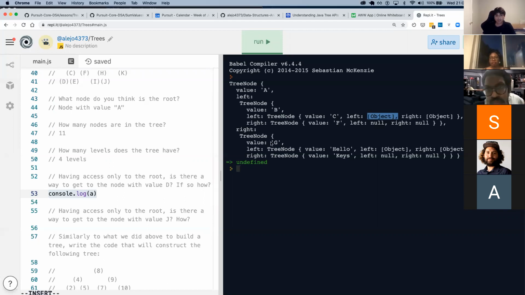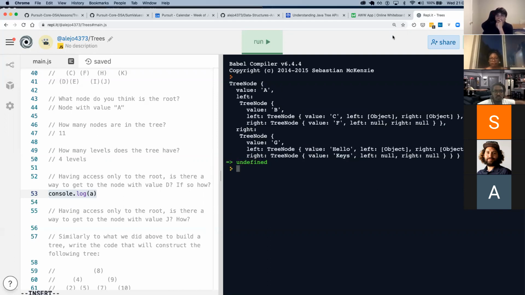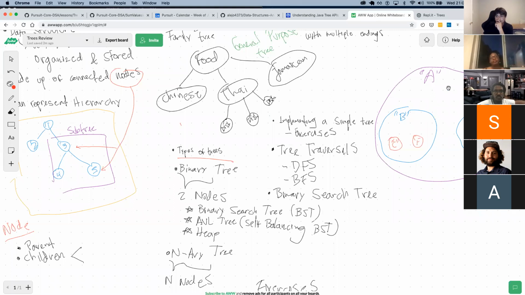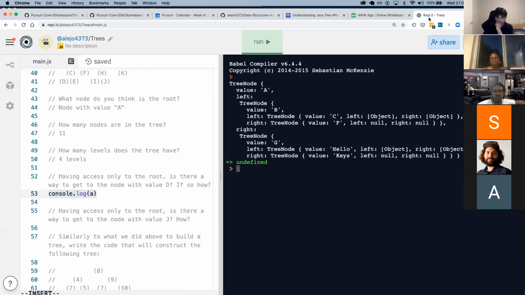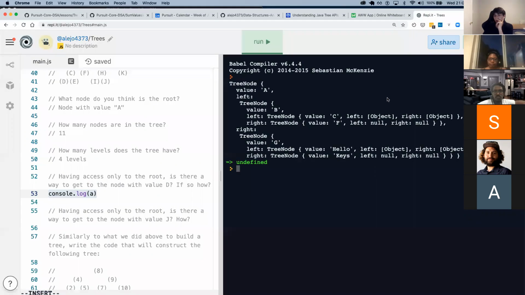Any thoughts on this? Does this make sense, even though it's not the right way of looking at it? Another, yeah. And we kept going. It didn't stop in 5 levels. Is there a language that doesn't stop, that shows you everything?